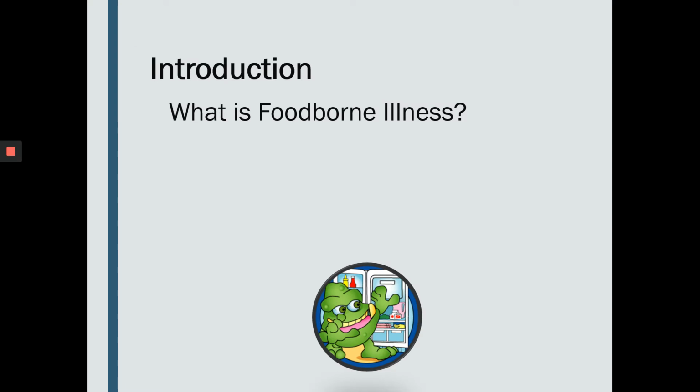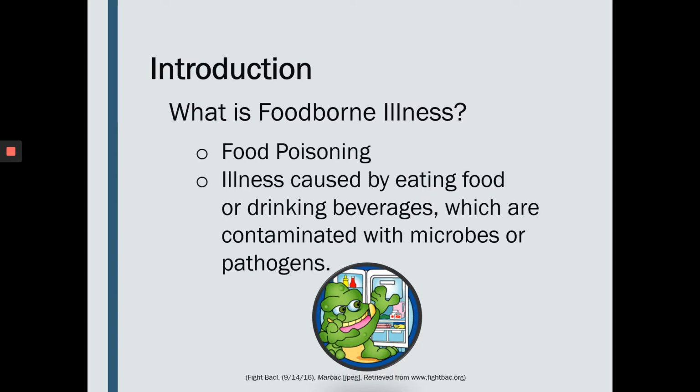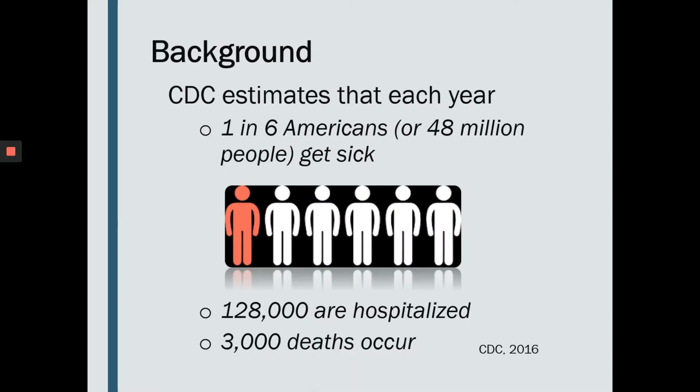What is foodborne illness? A more common term for foodborne illness you might recognize is food poisoning or the stomach bug. Foodborne illness is caused by eating food and drinking beverages that are contaminated with foodborne illness-causing agents, including bacteria, viruses, and parasites. According to the Centers for Disease Control and Prevention, also known as the CDC, each year